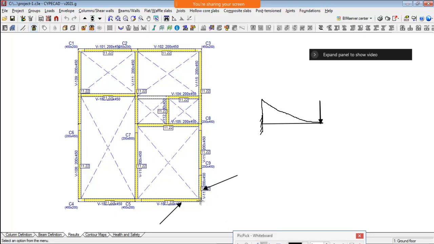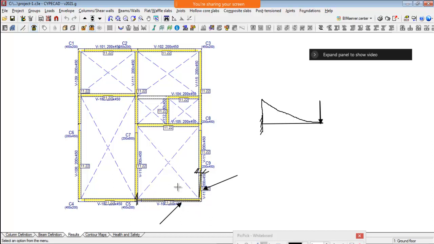If I draw a free body here like this, and here also I am drawing a free body, this is also fixed here. Now both cannot become a cantilever. One beam has to rest on the other beam. That means one beam is supporting the other beam.